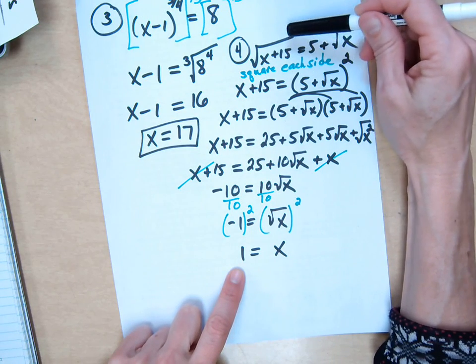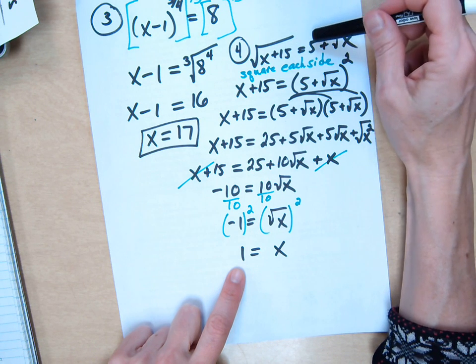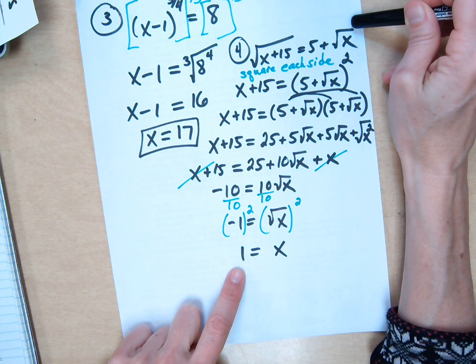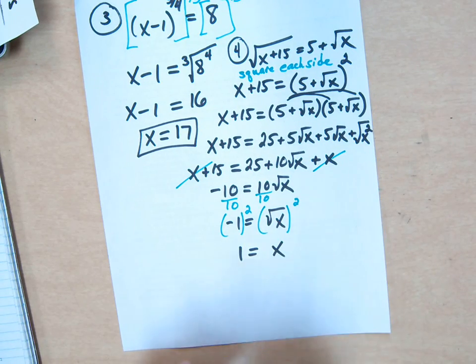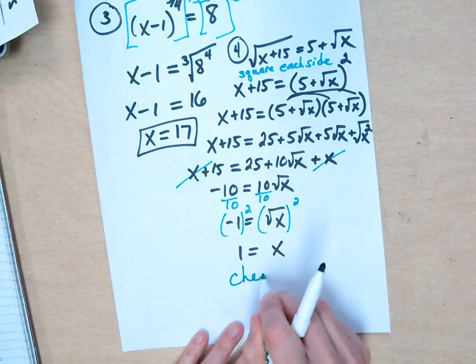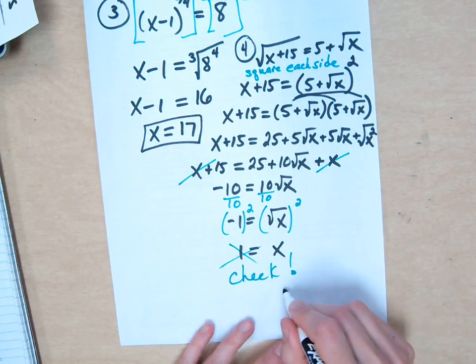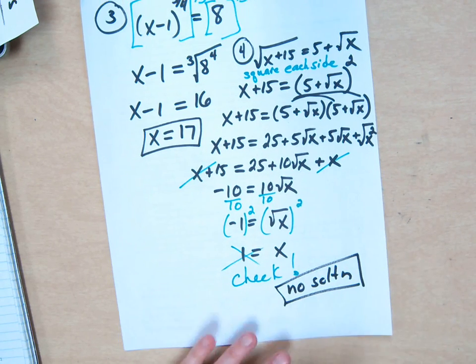So 1 plus 15, square root is 4, right? And here we get 5 plus square root of 1. It doesn't work, does it? So there's actually no solution here. That's why you have to check. That doesn't work, so there's no solution. So this is a nice extra credit type of question on a test. Not that you should assume the answer is going to be no solution, but